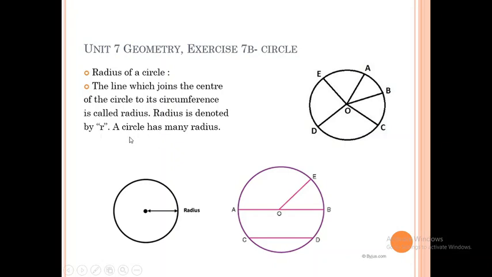Very important point, a circle has many radius. Yes, you can see here. You can draw many radius in a circle because you can join the center with the boundary with so many lines. So many radius you can draw in the circle, and we are writing letters to show them, for example, OA, this is the radius. OD, this is also a radius. Here you can write OE, this is radius. OB and OA, all three, they are radius of the circle shown here.